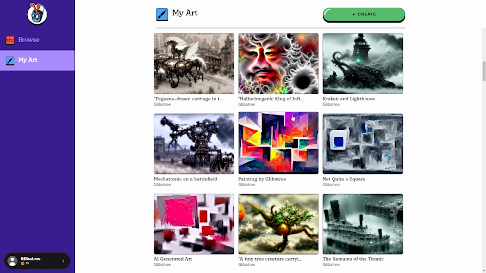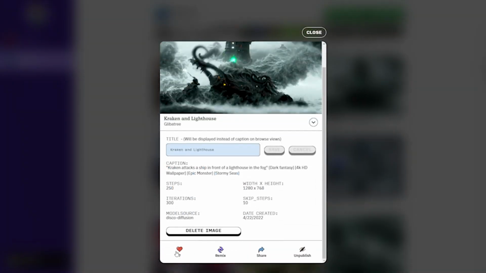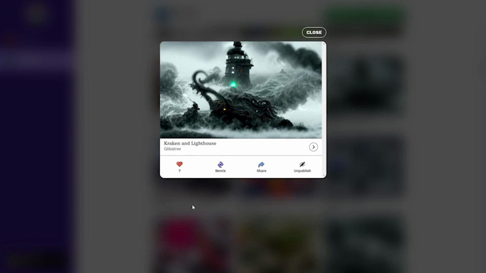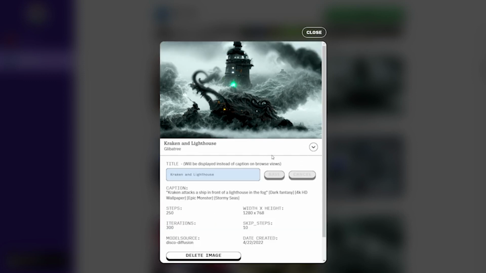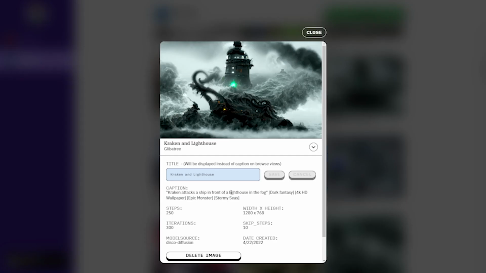So as you scroll through here, this one I think is probably my most popular within here. Things go by, and they don't go by for very long. But this Kraken and Lighthouse I riffed on after I'd started to come up with these tags and this format. I riffed on someone else's strategy they mentioned in the Discord of trying to get this Kraken and Lighthouse